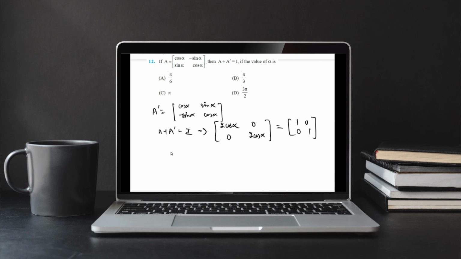Comparing both the sides, we'll get 2 cos alpha is equal to 1, or we can say cos alpha is equal to 1 by 2, right? This will give cos alpha is equal to cos pi by 3, so we'll get alpha is equal to pi by 3. Hence, B part is the correct answer. So here we have completed the third exercise of chapter number